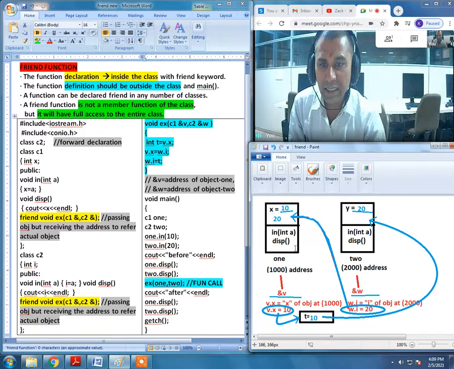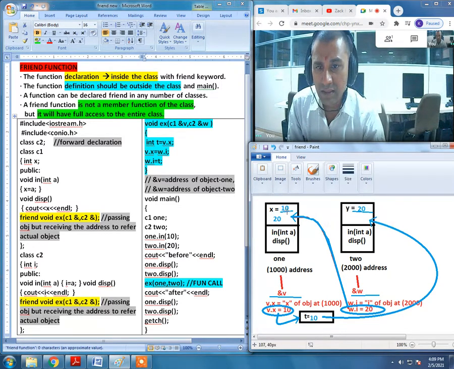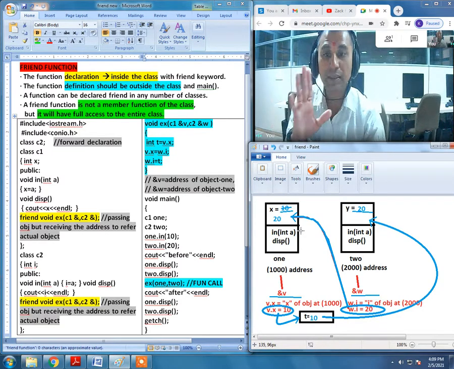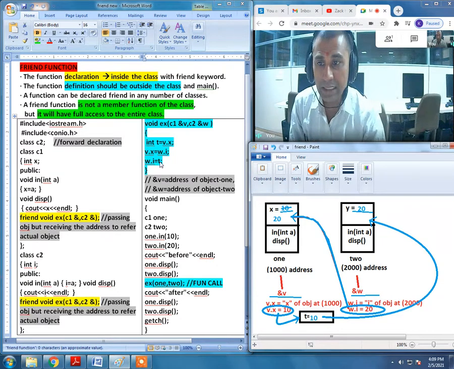One last thing, one last condition. So let us override this value. 10 is no longer there, right? For your reference, the value there will be 20 now. That will be the new value. Just like that, now we are supposed to refer to T. The value there is 10. We are talking about this value.